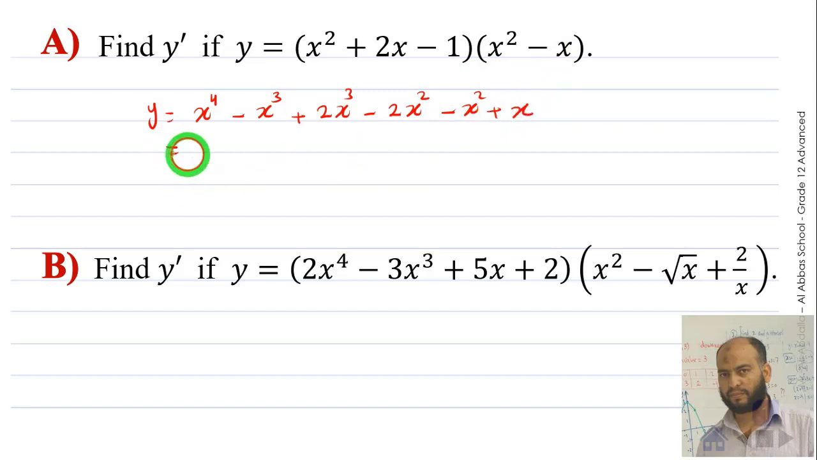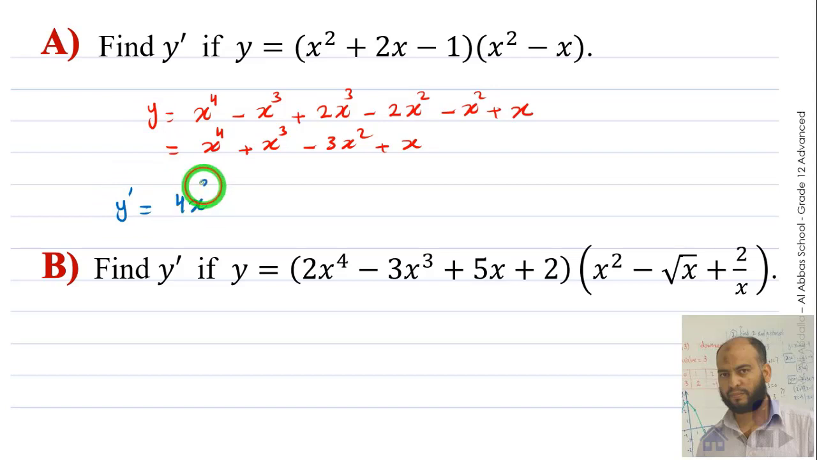Then we can simplify: x to power 4, we have here negative x to power 3, positive 2x to power 3 equals positive x to power 3. We have negative 2x to power 2 minus x to power 2 equals negative 3x to power 2, plus x. Then we can find the derivative of y. y prime equals